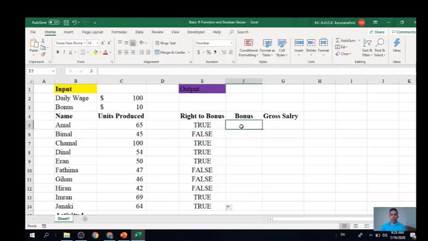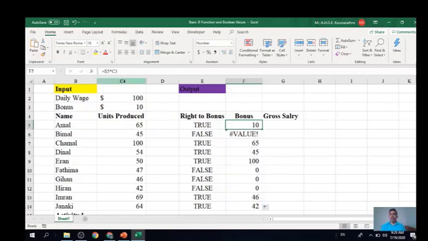So we now compute bonus by using this Boolean result. How can you compute bonus? Bonus is equal, very simple, true times bonus. Because true has a value of 1, we know. You just enter and just copy. Okay. This time there's an error message. Why?